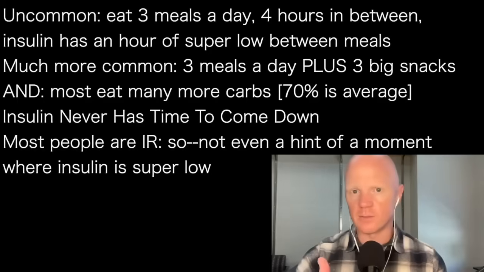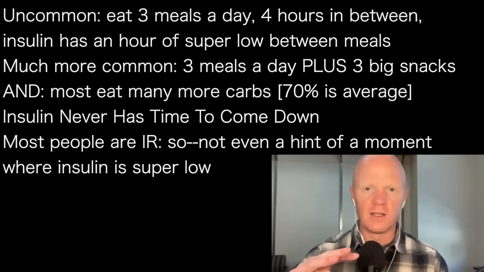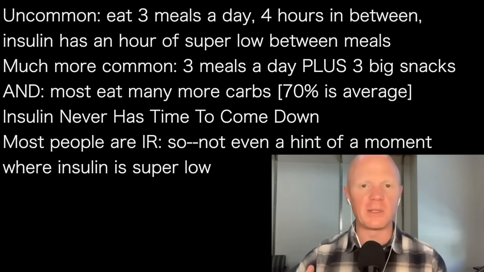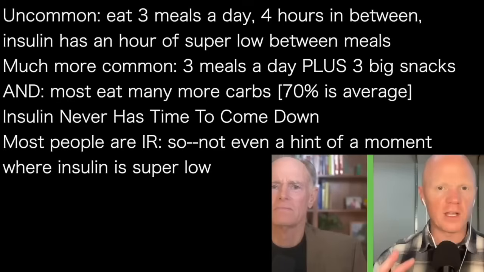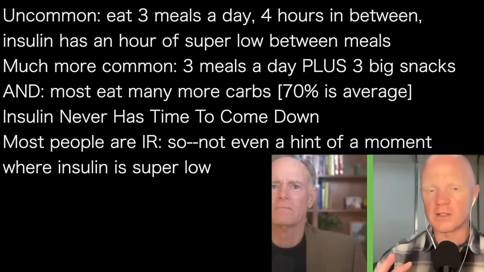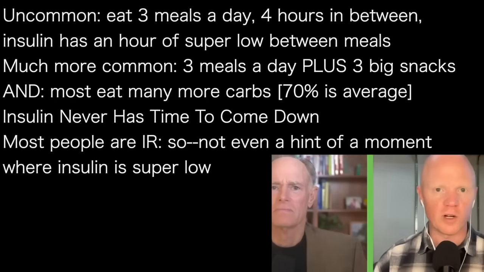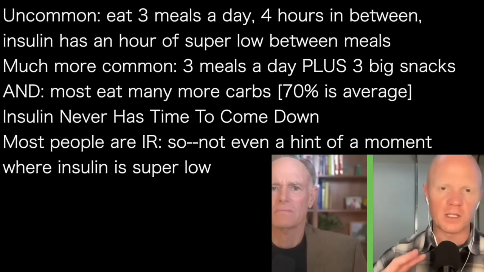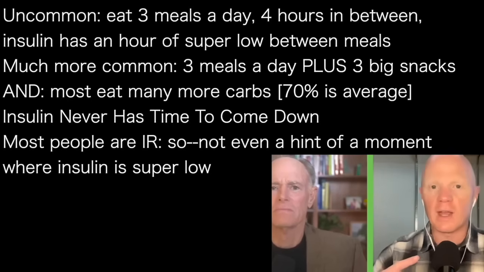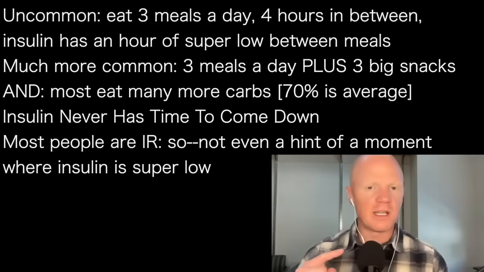Most people don't eat 3 times a day. Most people eat 6 times a day or so. They will have 3 big meals and then 3 snacks in between. We call it a snack, but it might actually be as big as the meal itself was, particularly into the evening when most people really start to indulge. And second, most people are eating primarily carbohydrate. Globally, about 70% of all calories consumed are carbohydrates. So we're eating not only the greatest insulin-spiking macronutrient, but we're eating it every hour and a half or so. So insulin never has time to come down.